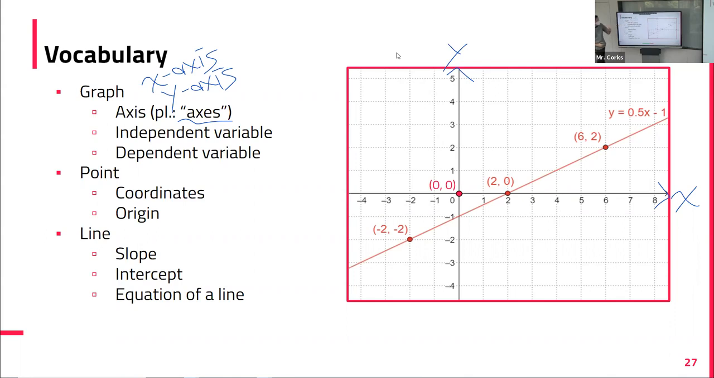So we have an X and a Y. If we were to label one of these as the independent variable and the other as the dependent variable, in most cases, which is which? Okay, so X is usually the independent variable. Y is the dependent variable. If we had a graph of time and distance, like